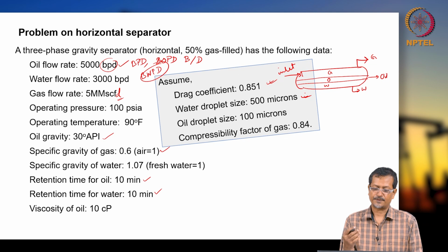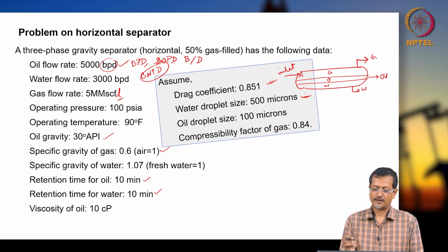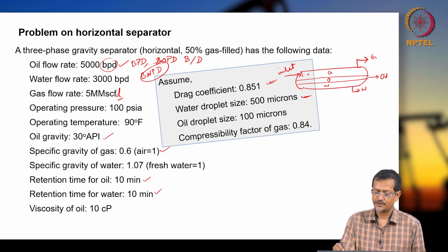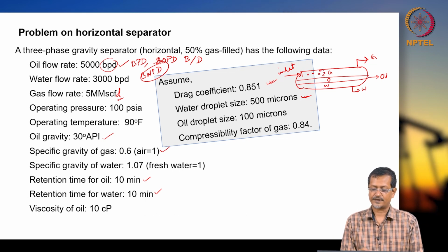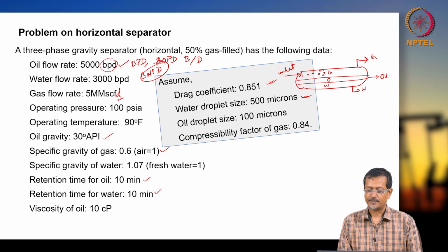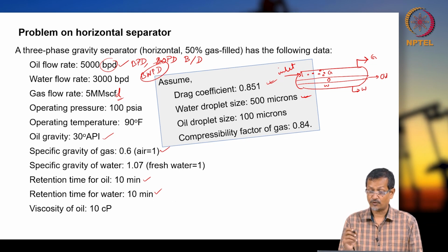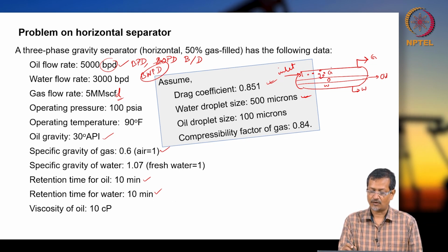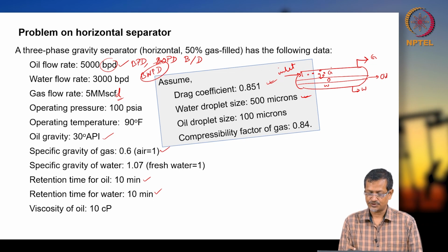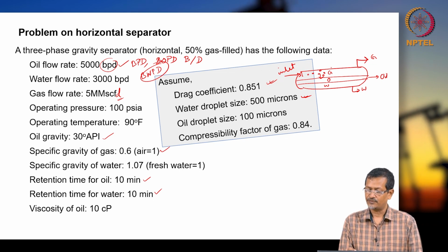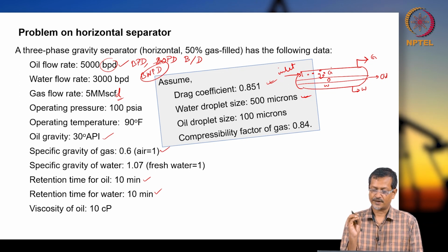So we are assuming a little bit bigger water droplet, but oil droplet falling. When inlet fluid is there, oil and water droplets will be there. If the water droplet is higher, it will fall quicker, but the oil droplet will be a little bit slower. Based on this oil droplet calculation, we will do the initial gas capacity based calculation. But when we are calculating for oil and water layers, in that case we will assume that water particles are there in oil,